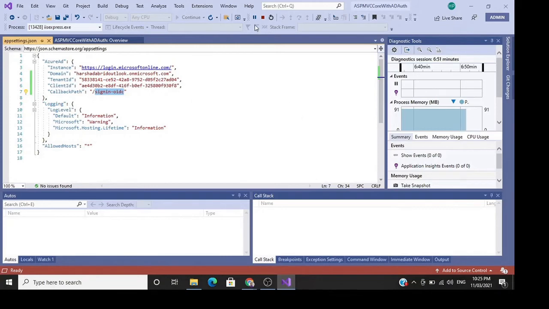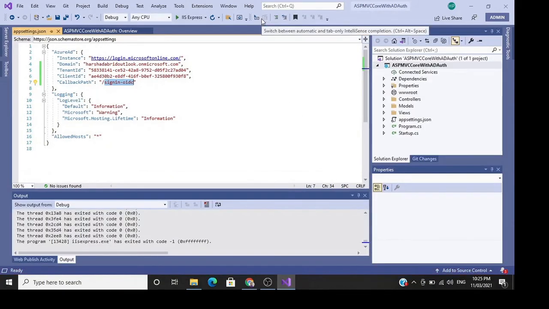What do we need to do when we need to publish our web application with AD authentication? In that case, let's first build it in release mode.